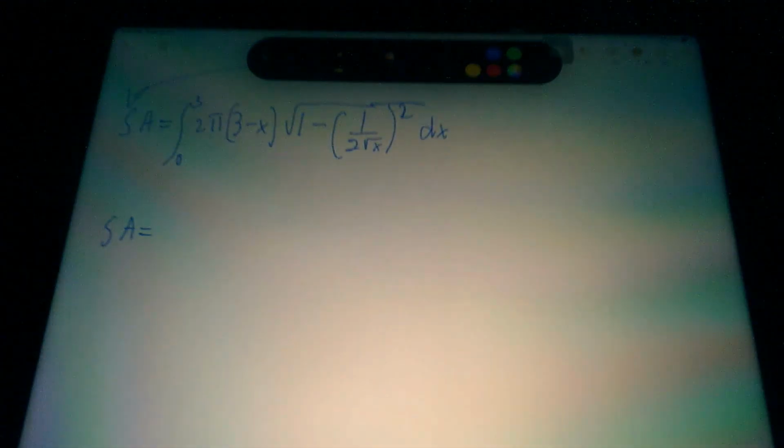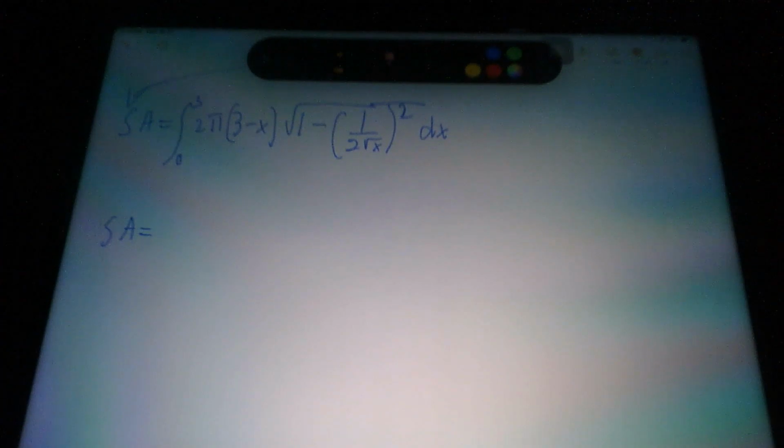So by putting this in our calculator, our answer should be, from limits 0 to 3, the integral of 2 pi times 3 minus x, square root of 1 minus 1 over 2 square root of x,